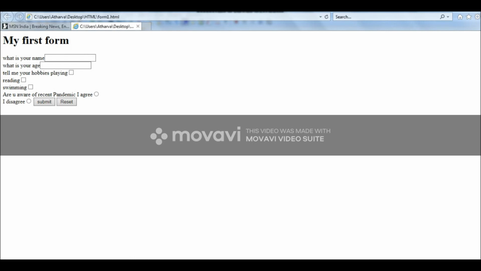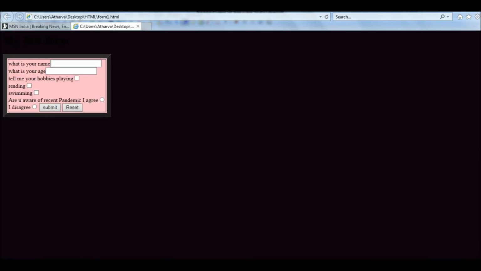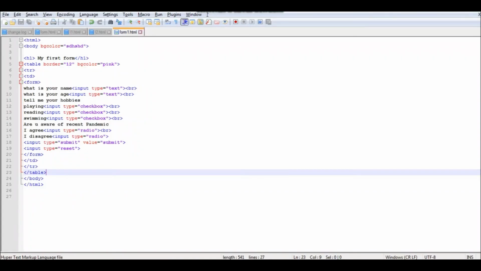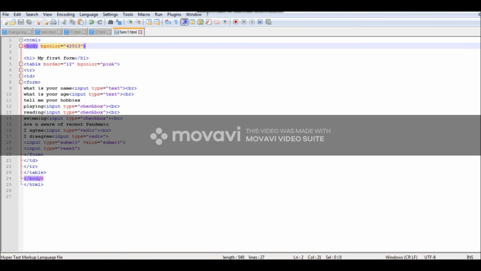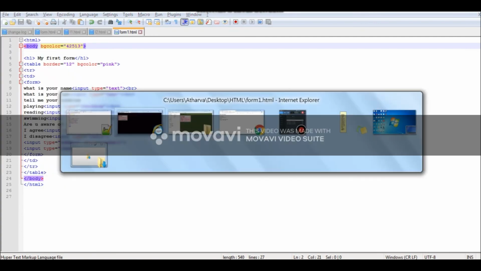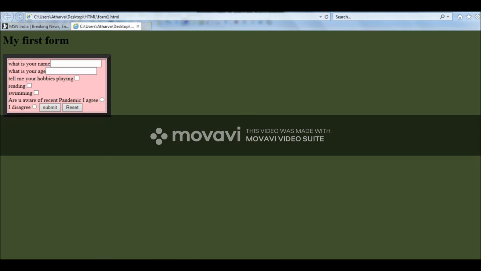So as I am typing the data in Notepad++, it is very user friendly. You can see that the moment you start typing, all the things come, or you can say pop up, and whatever suitable tag or attribute you want to choose, you just select and press enter. See how the form looks now.